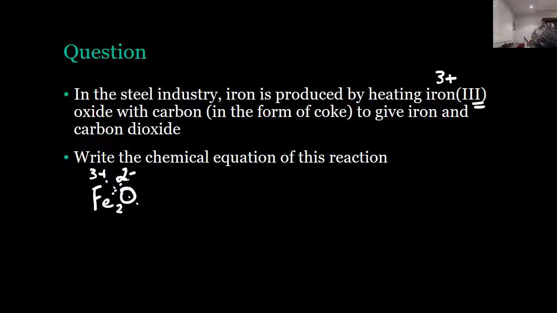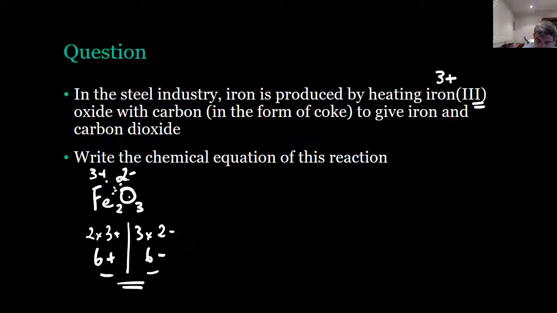So Fe2O3, if you're doing it mathematically, we need 2 times 3+, which gives us 6+, and then we need 3 times 2- to give us 6-, and our compounds must be electrically neutral, so the 6+ balances the 6-, and we have a compound here of Fe2O3,